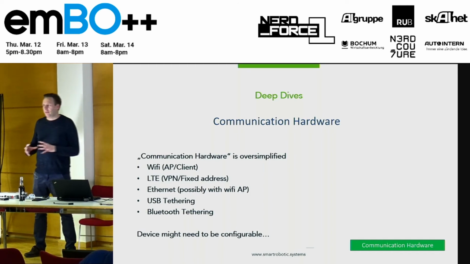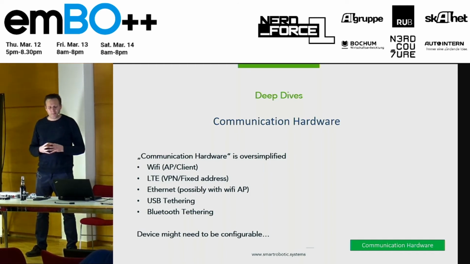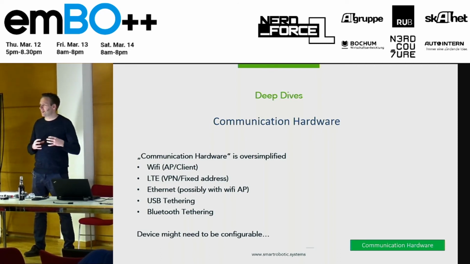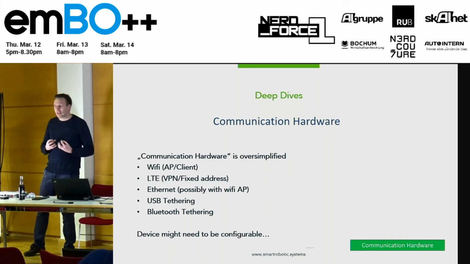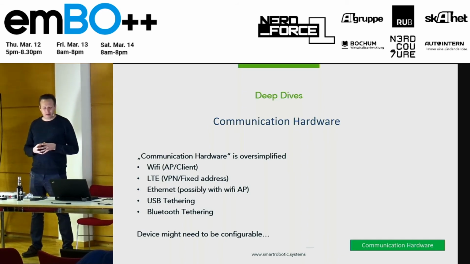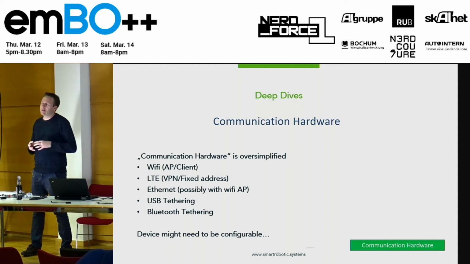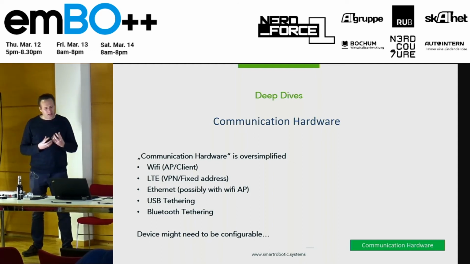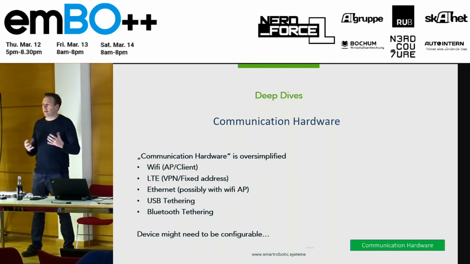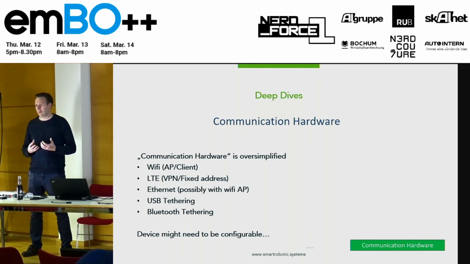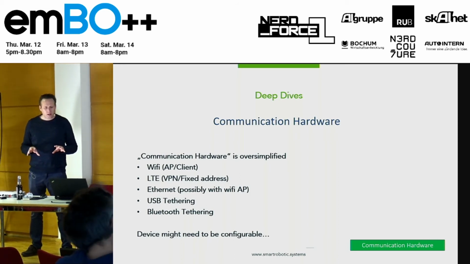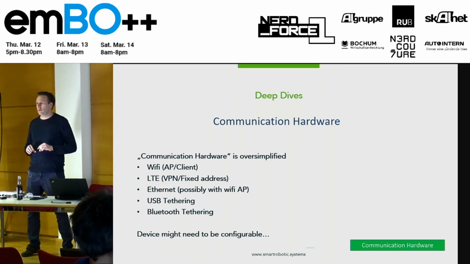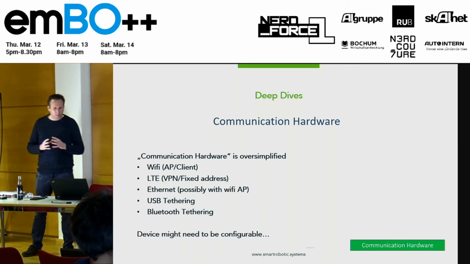What I left out all the time was the communication hardware. And communication hardware is a little bit oversimplified, because this is actually the glue that is necessary to make this setup work at all. And there is, to be honest, some kind of difficulty there. So if you are in a setup where an Ethernet-based connection is available and possible for the user setup, so for the device that needs to control the embedded system, and for the embedded system itself, then you're all set. This works very well. If you need some kind of wireless or tethering connectivity, that's a little bit more difficult, because